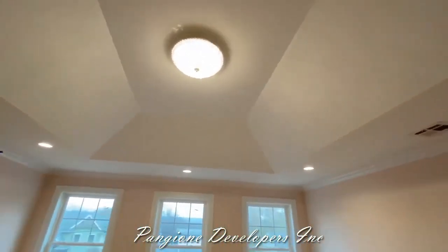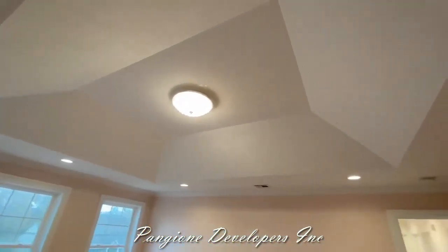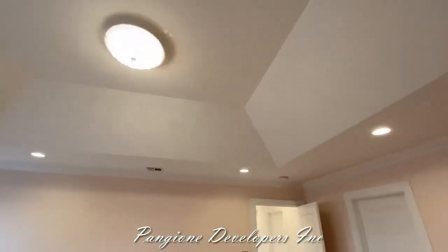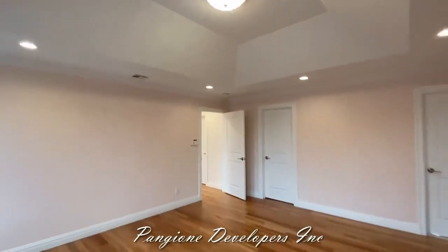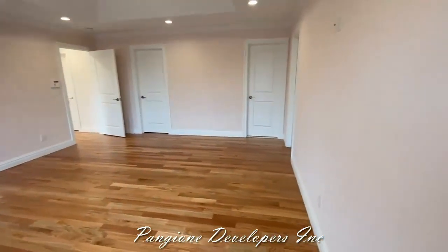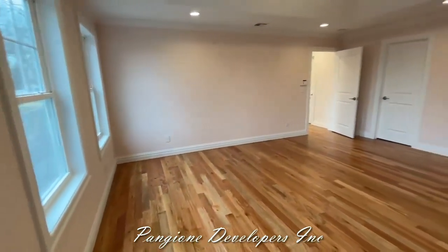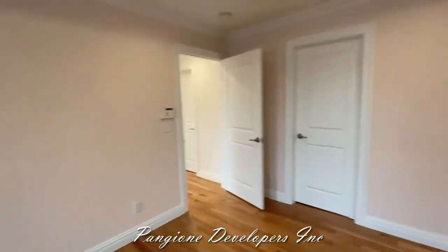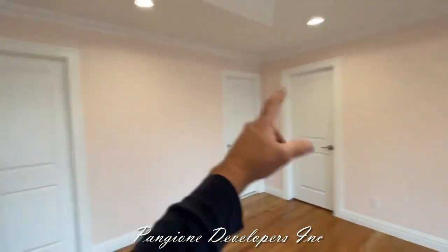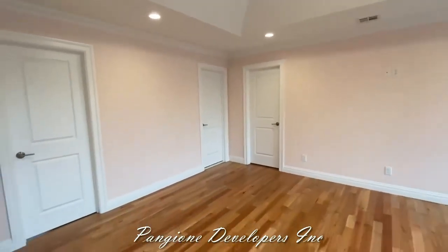When we framed this out, I knew this was gonna look amazing with that beautiful light up there. Look at the angles. You walk in here, it just gives a lot of volume. And as we turn around, look at the size of this room, this master bedroom suite. We have an alarm here for the house. And then we have 2 closet setups, his and hers closets, and then the master bathroom